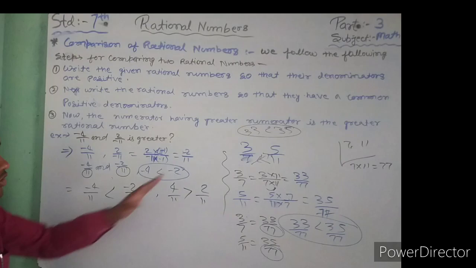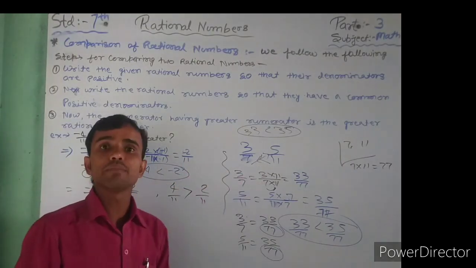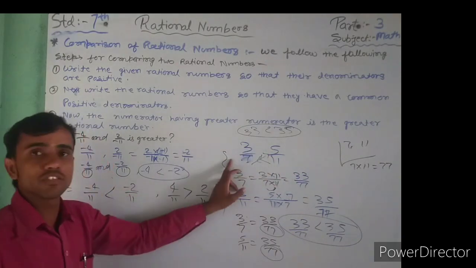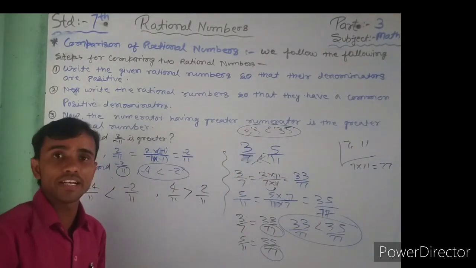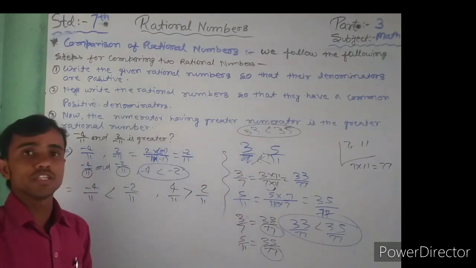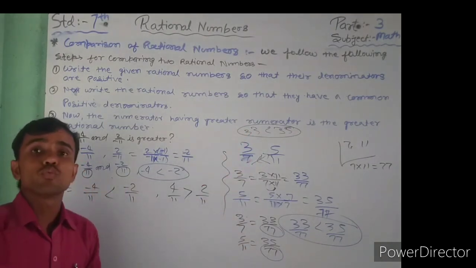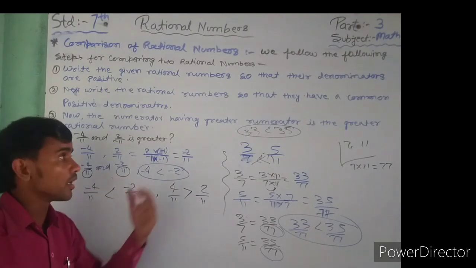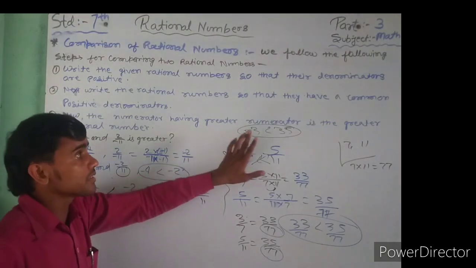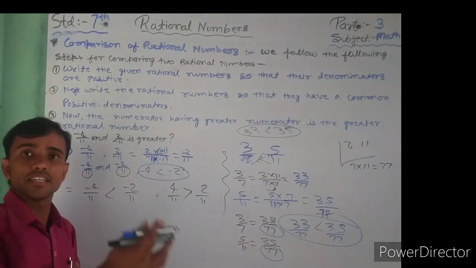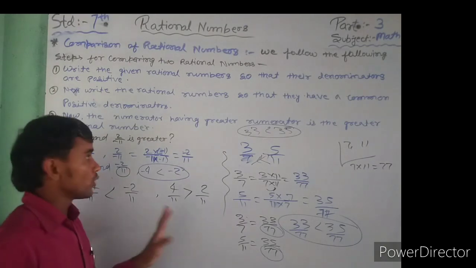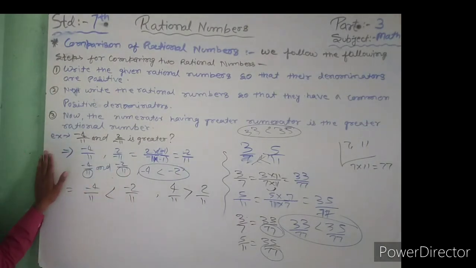In simple language, if you have an objective type of question, at that time you take the cross multiplication of the numbers, and the number which is greater is the greater number, and which is smaller is the smaller number. But with minus, when any numerator is minus, then the minus number which is less is greater, and the one which is more is less. Okay, do you understand? So my dear students, that topic is complete.